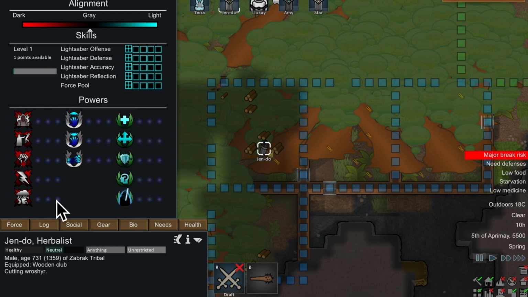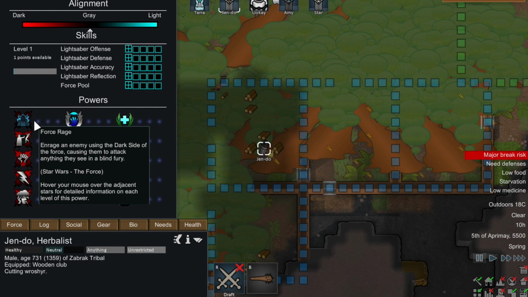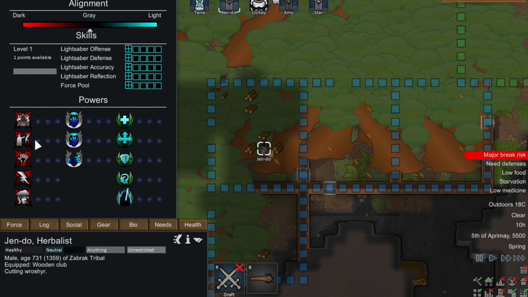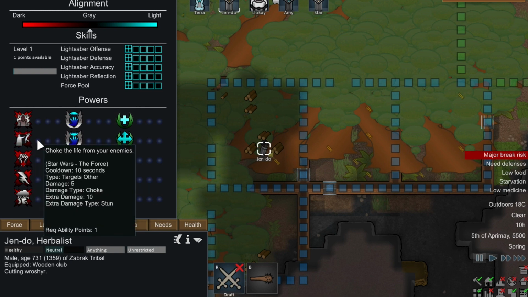Now these are the powers that I actually really enjoyed. Since Gendo is going to be our Sith playthrough, we will be looking at these as well as these. I haven't used these just yet, but let's explore some of these. First we have Force Rage, which causes an enemy, you can hover over these skill points here, to have a mental state of Berserk, a 70% chance, and as you level it up, it goes 85 and 95% chance. The Force Choke, which will stun the enemy and provide some damage as well,